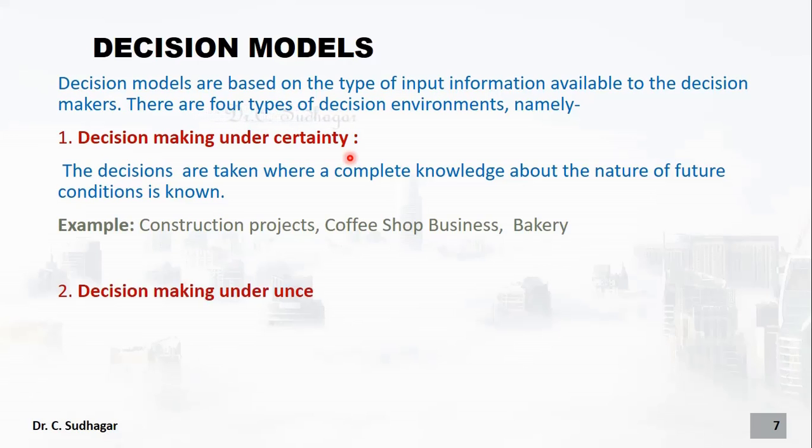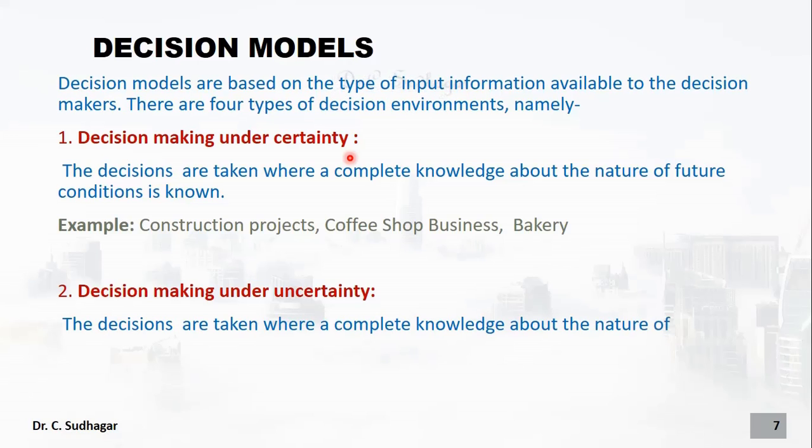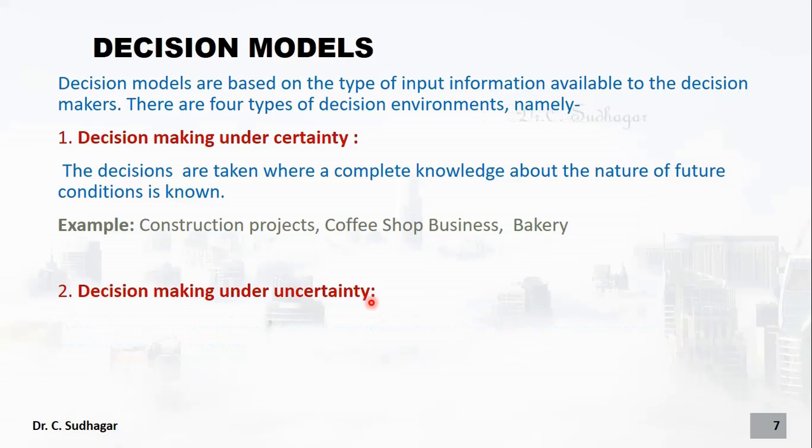Then decision making under uncertainty. If the future information is not known to us, the decisions are taken where a complete knowledge about the nature of future conditions is unknown. It is not certain. Then such types of businesses come under decision making under uncertainty. So what are the businesses we are having? The businesses where the decisions are taken,